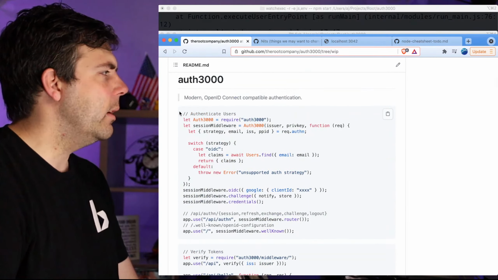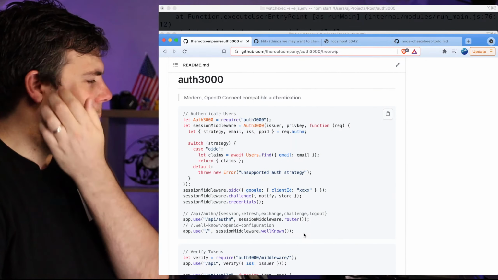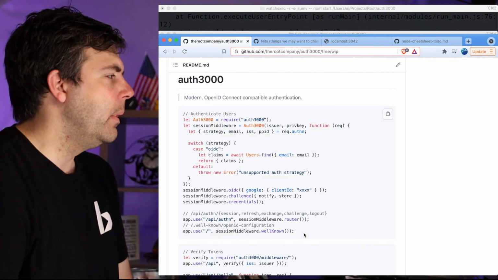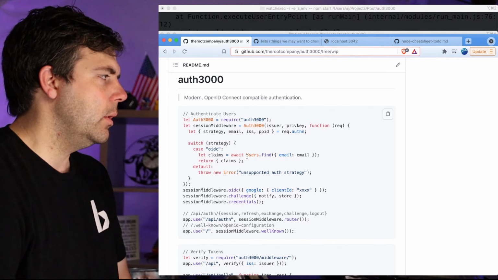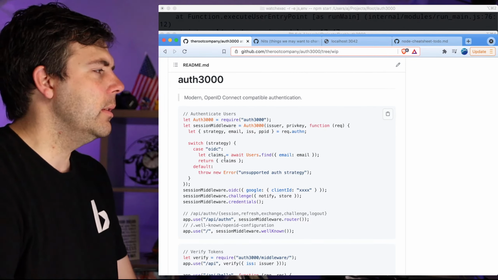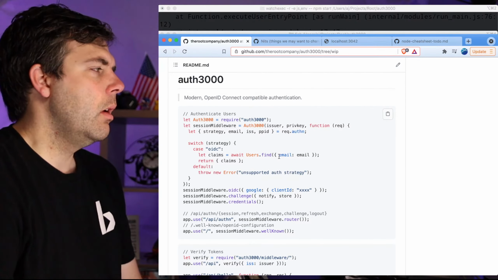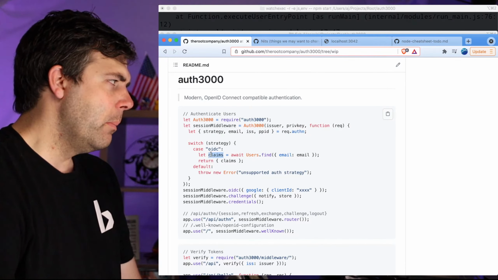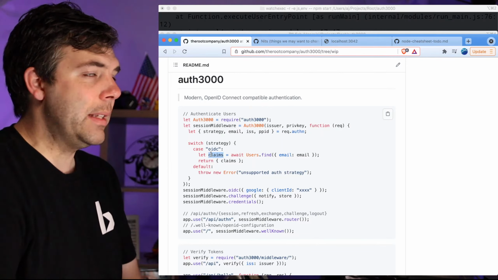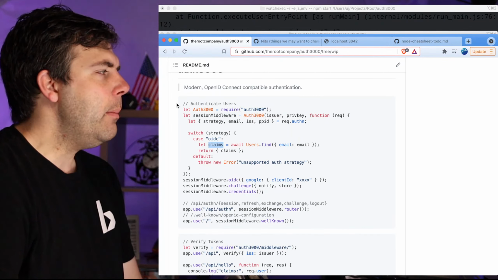So there's two steps here. The first step is you're going to authenticate the user, and this is basically, well, it does actually set a cookie, and it gives back the user information or the claims. So the technical term is claims, and this could be information like email, phone number, name, username, nickname, stuff like that. But claims is just the technical term for what goes into a token. And so here what we're doing is we're grabbing the claims